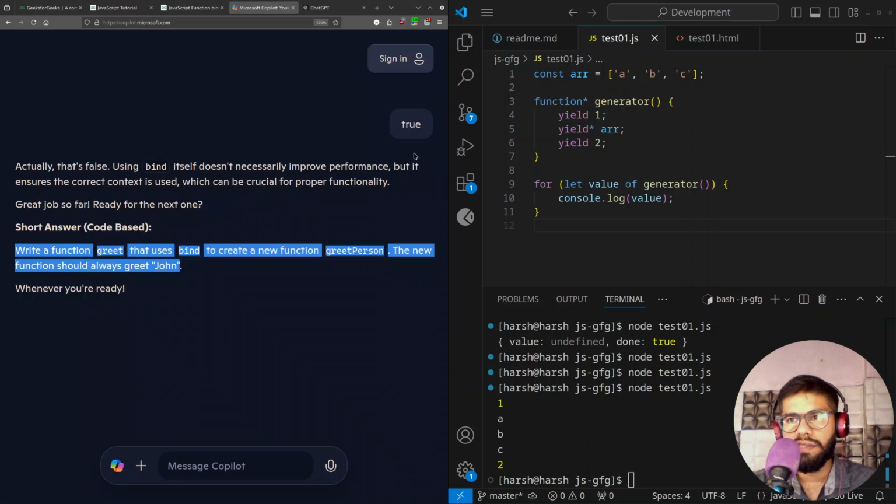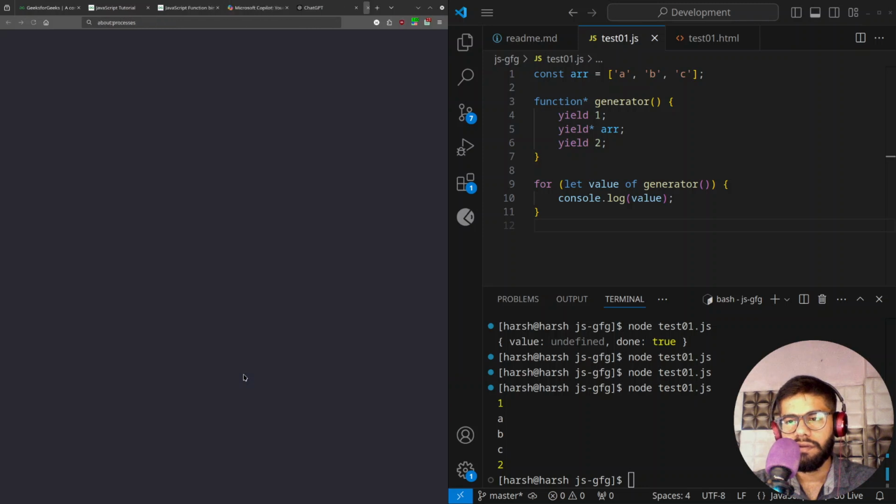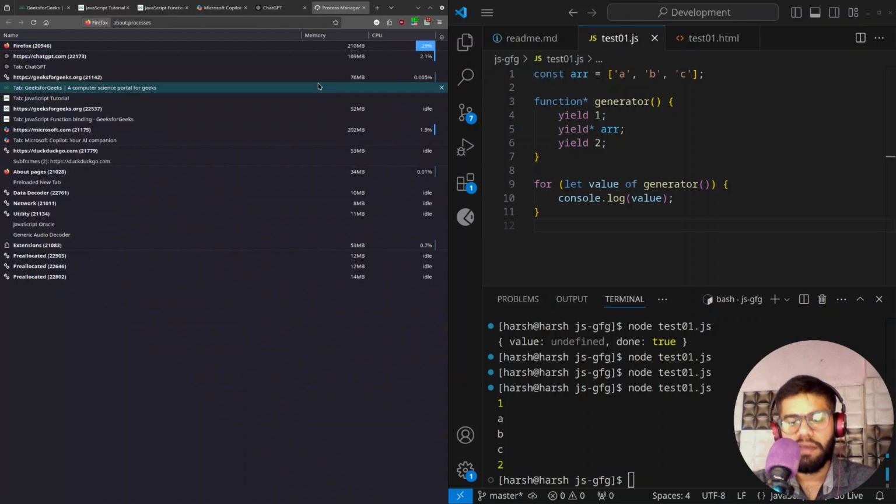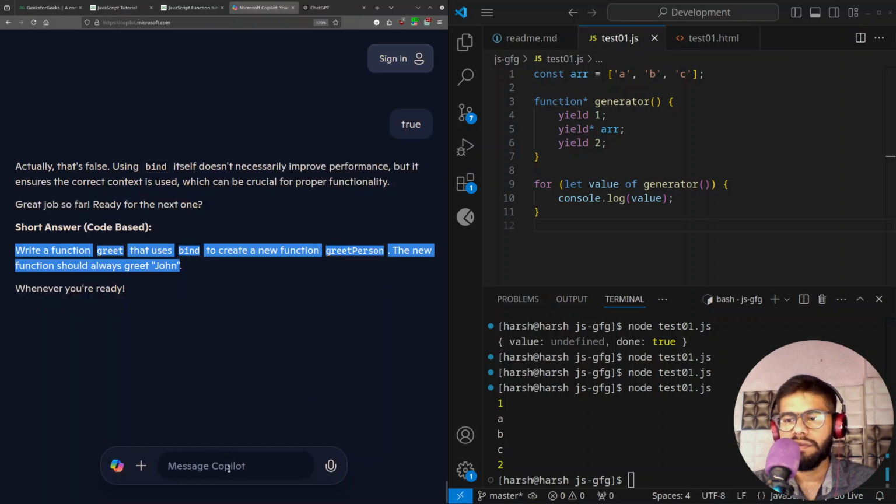If I copied the code over, one second. If I press Ctrl Shift Escape, it opens Task Manager. But for the Firefox,